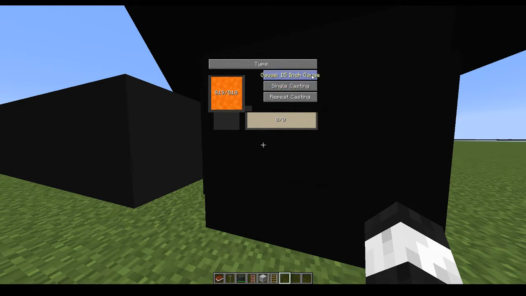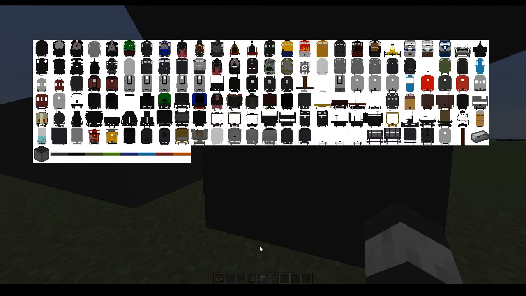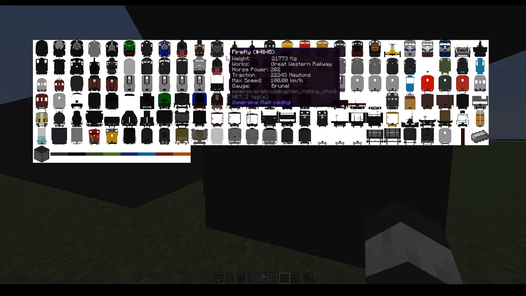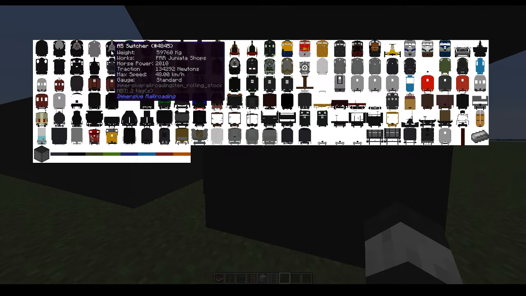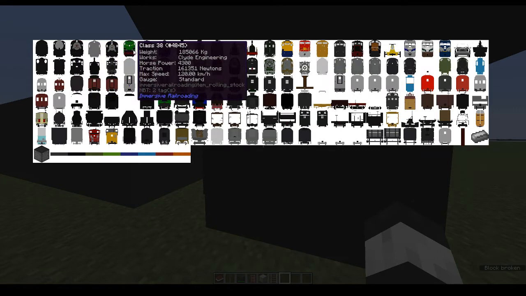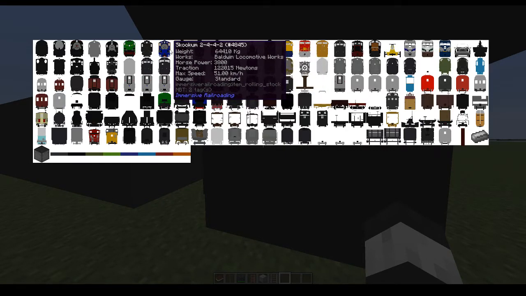And then you can change the gauge, and this is the exact same system that you've got with the track. So if you click type, you'll see just a wide range of stuff. Now, a lot of these you will not have access to. A lot of these are add-ons, and I will explain that in a moment. What you do have is the A1 peppercorn, the big boy, the K4, E6, A5. I believe the class 38 is also in the base game. The Roger 10-wheeler, the Skookum, which, quick side note, the real life Skookum actually recently just got reworked, so it's actually